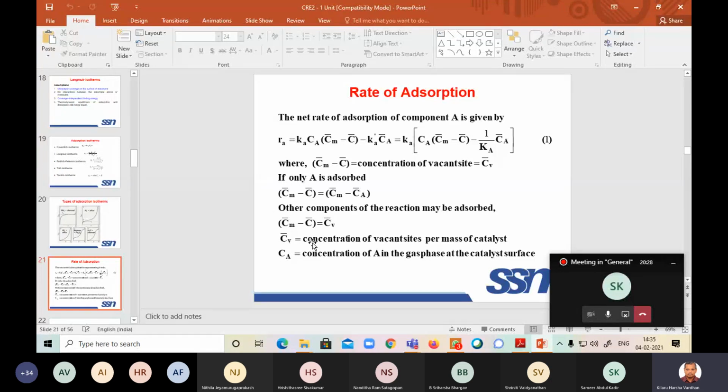So Cv bar is the concentration of the vacant site per mass of the catalyst, and Ca is the concentration of A in the gas phase at the catalyst surface. Right? Like that we can do for